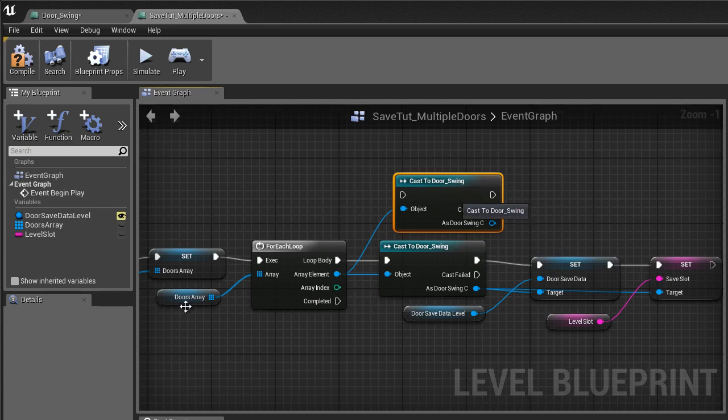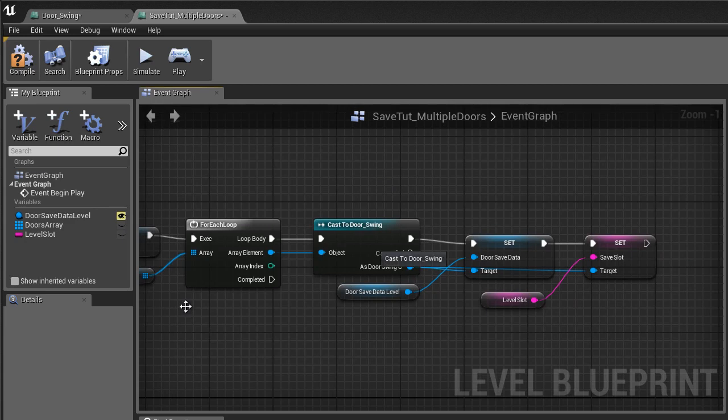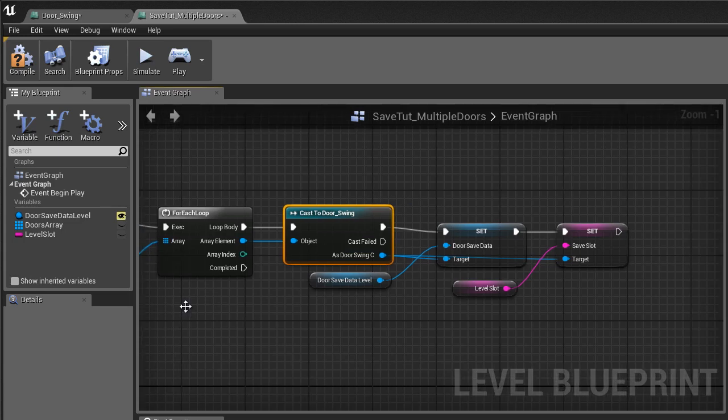What this actually does is it allows you to set or pull information from the blueprint. It doesn't allow you to execute any functions. That's done using blueprint interfaces, which is something else. But cast to can be a good way of sending data from one blueprint to another, and vice versa. So what we're doing here is, for each of the doors, we are setting the door save data and